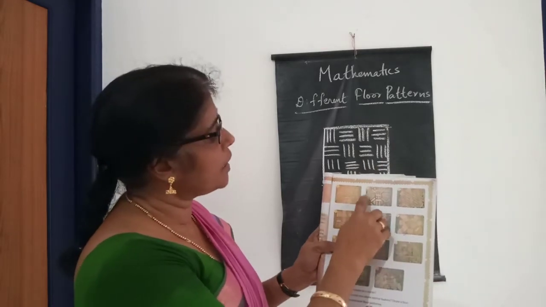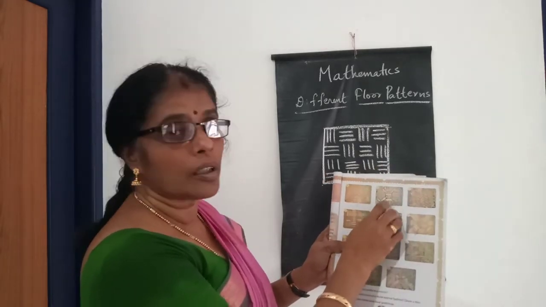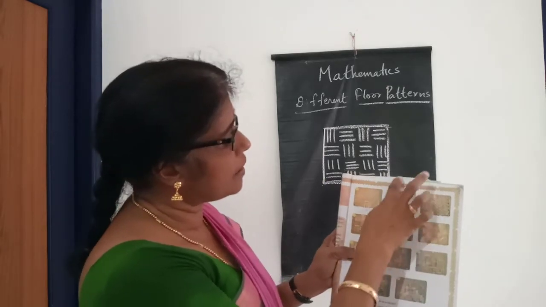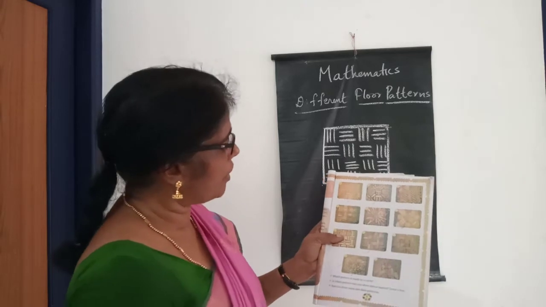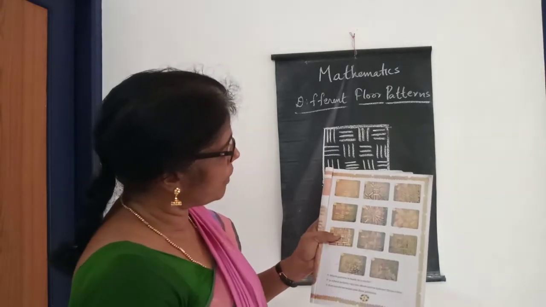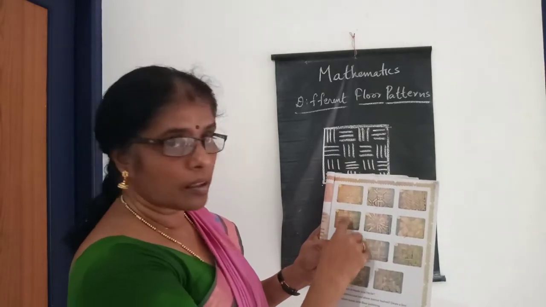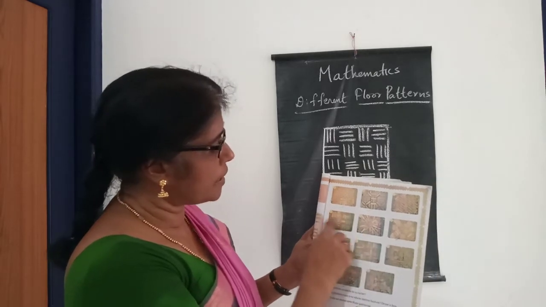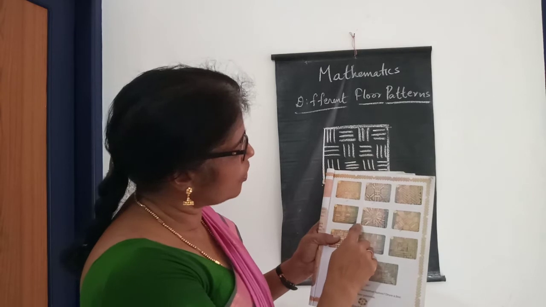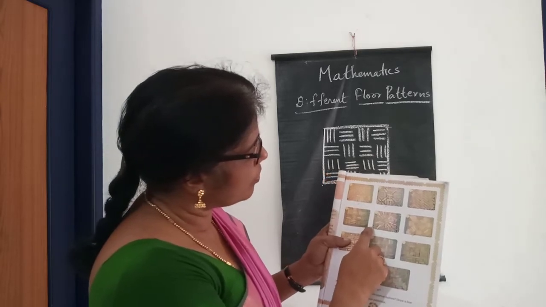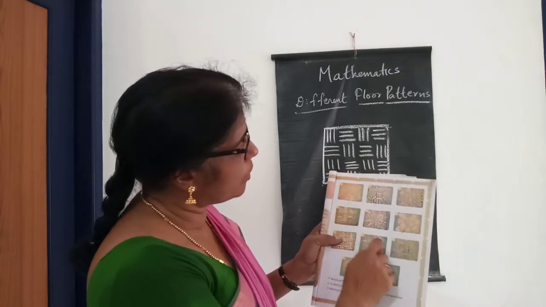And the next one also, if you look into the row, you can understand that also mirror house. And the next one is not mirror house. This one also not mirror house. This one is not mirror house, the both sides are not equal. And here E, that is not a mirror house.